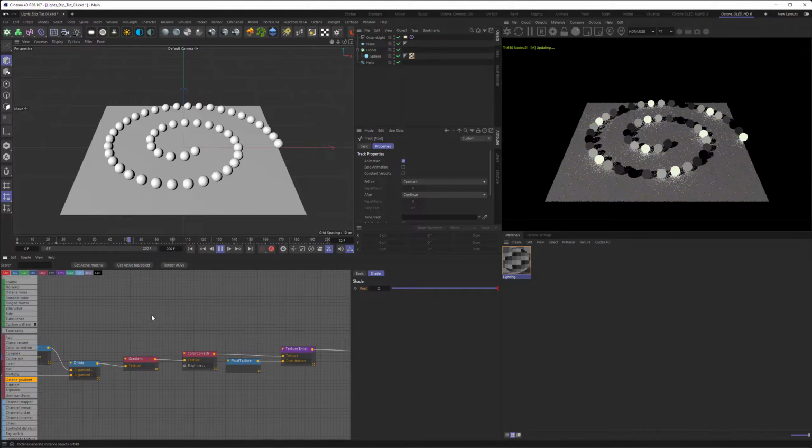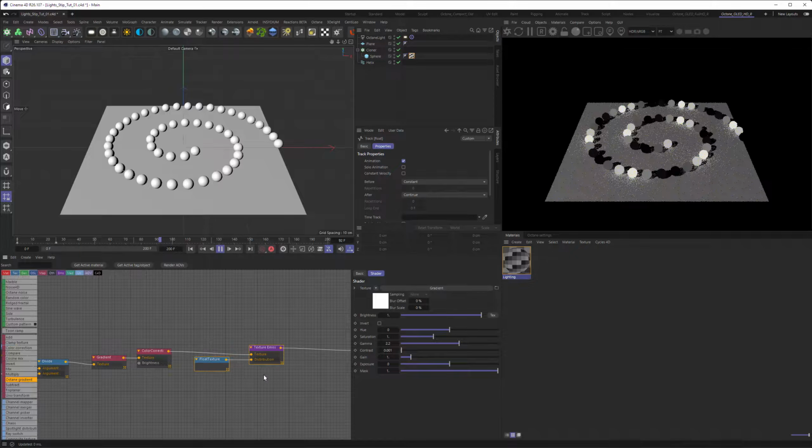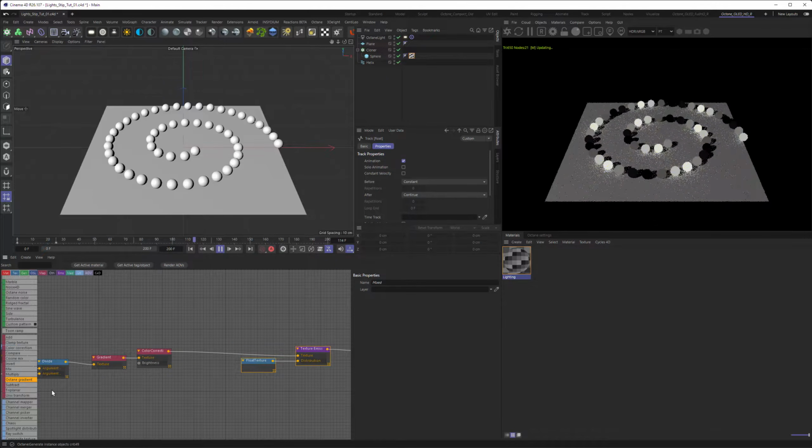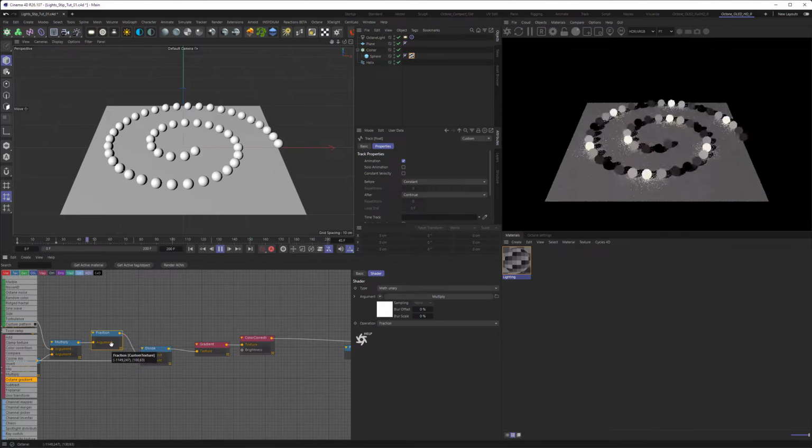And last but not least, let's make them a little bit colorful by also going in here and adding another multiply, this time not a math node, because we want to deal with colors, and the math nodes only deal with one value. That makes them faster, but we need 3 values, R, G and B, for color.